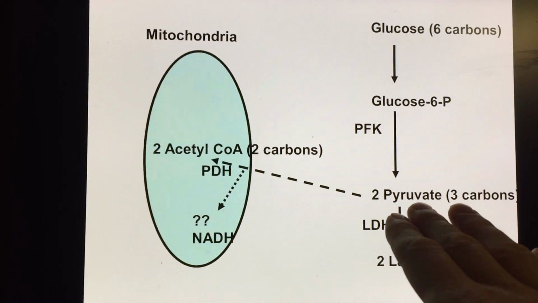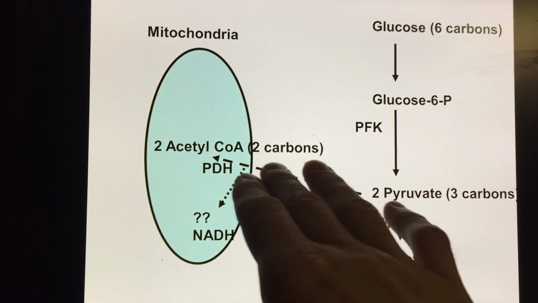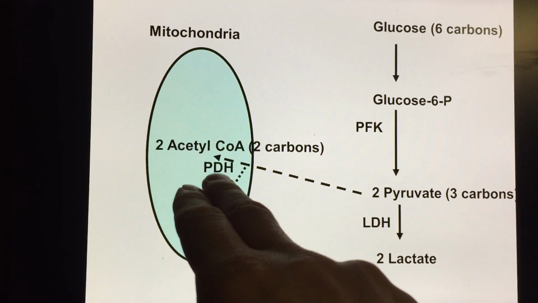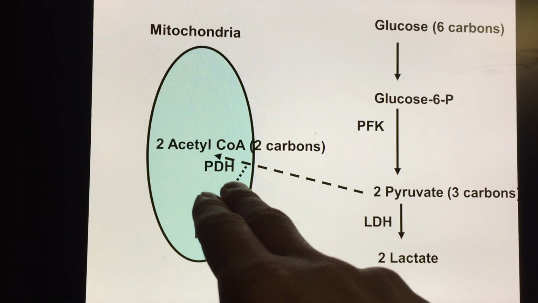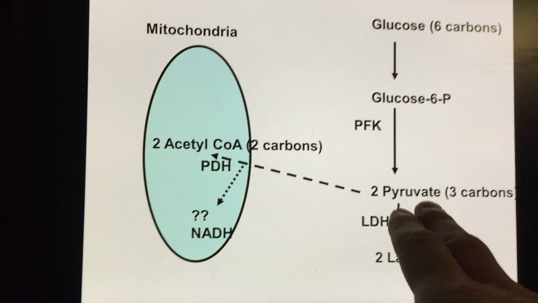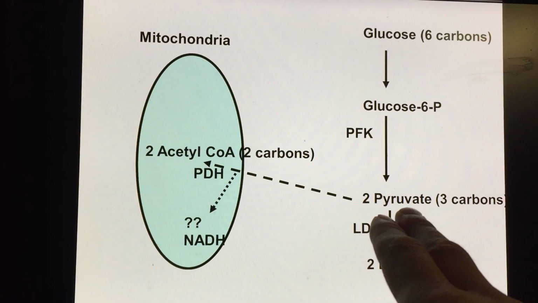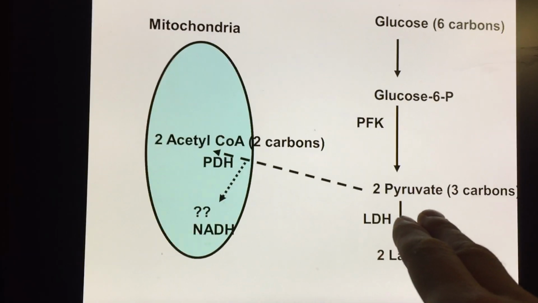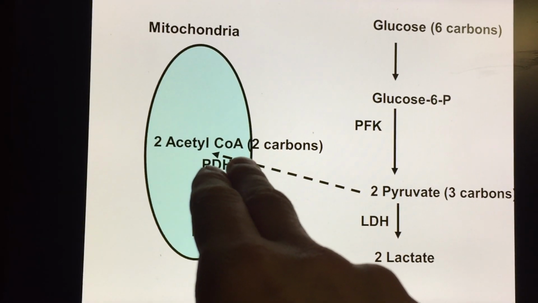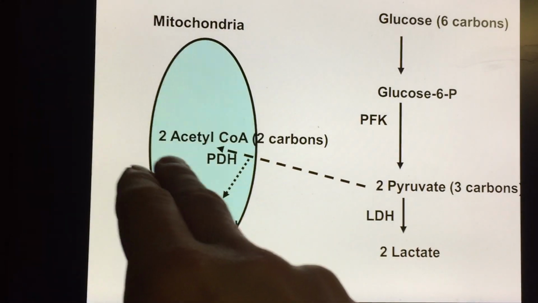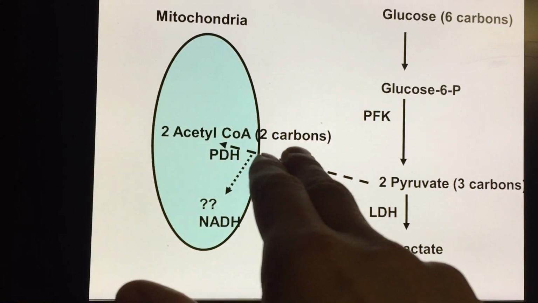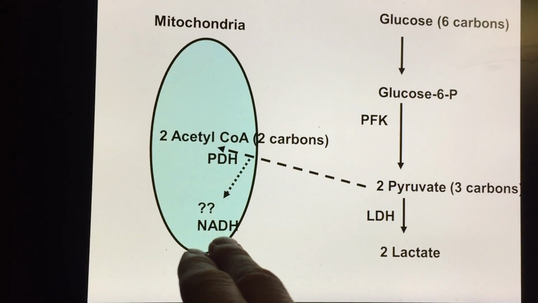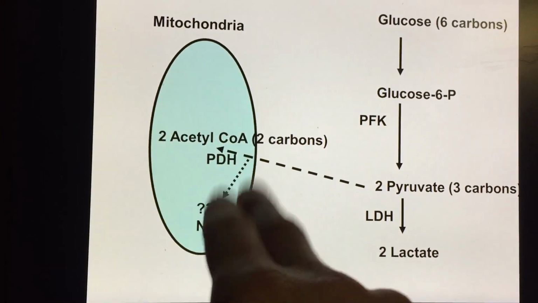The other possible fate of pyruvate is that it can go into the mitochondria, and that involves a mitochondrial enzyme called pyruvate dehydrogenase. So that's what the PDH stands for. You can see that here the pyruvate is a molecule that's made up of 3 carbons. By the time it goes into the mitochondria and is converted to this other molecule called acetyl-CoA, there's only 2 carbons left here. So coming off of this reaction, you have NADH,